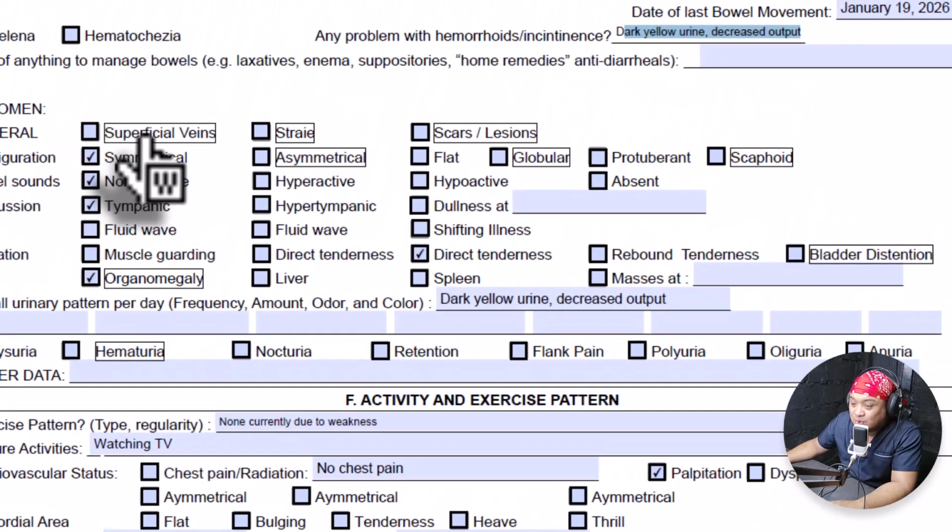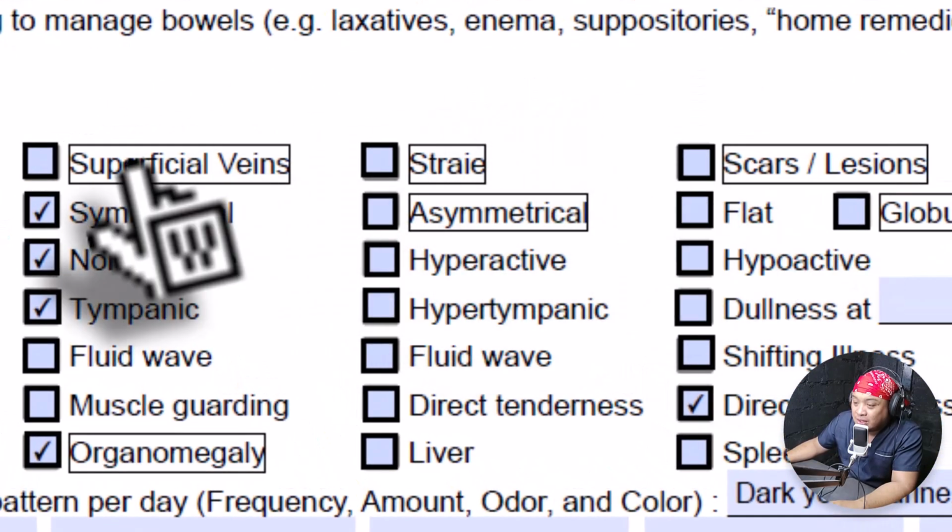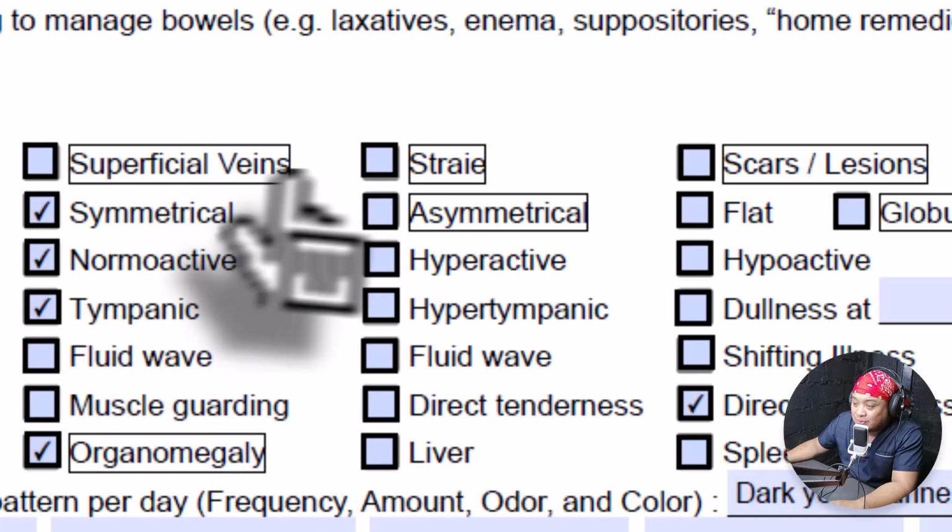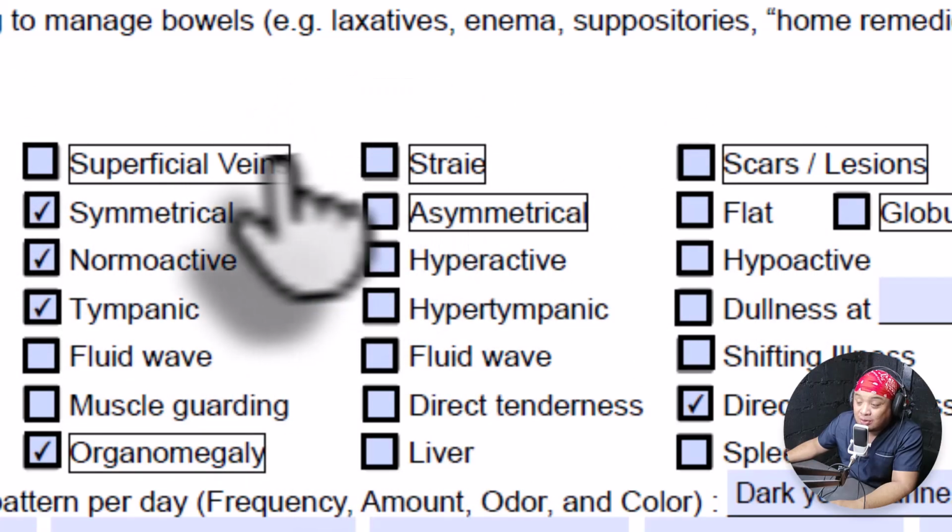So for the second page, we're going to talk about the following here. For the abdomen, we have superficial veins and striae. So let's have a look at how